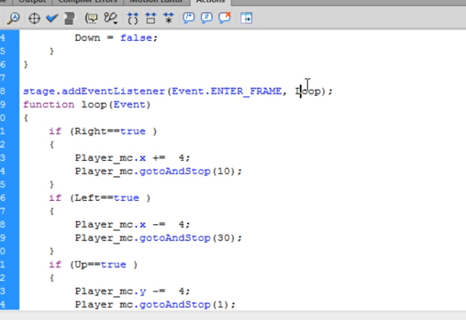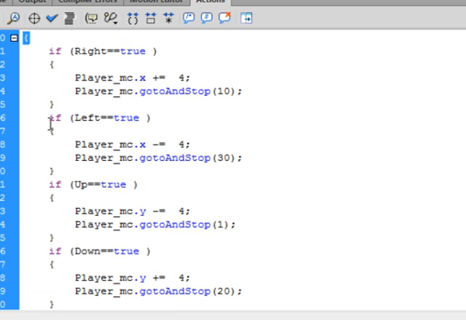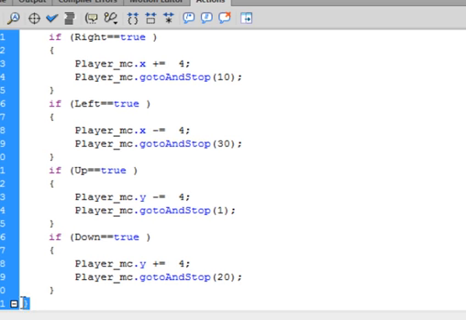Function, L-O-O-P, close bracket, semicolon. Now we're calling it the function up, function loop, capital L-O-O-P, open bracket, event. You can copy this word event and paste it in with a capital E. Close bracket, there's the open curly bracket for this function, and way down here is the closed curly bracket for